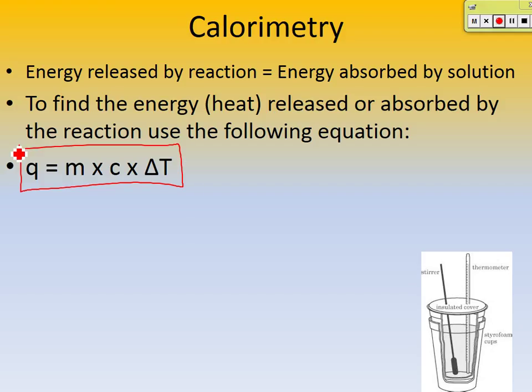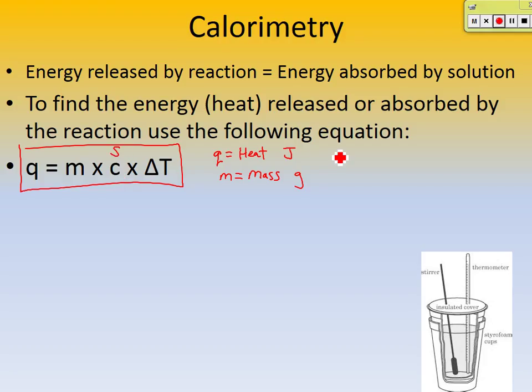I wanted to spend some time talking about what the variables mean. Okay, what does Q mean, guys? Heat. Q means heat. Good. So let's write that down. Q is equal to heat. And what are the units for heat? Joules. It's an energy value, right? M is what? M stands for mass. And in which unit do we calculate mass? In grams. Okay? C, or in some chemistry textbooks it's written as an S,